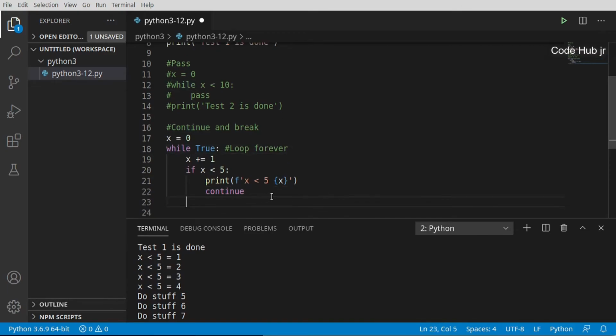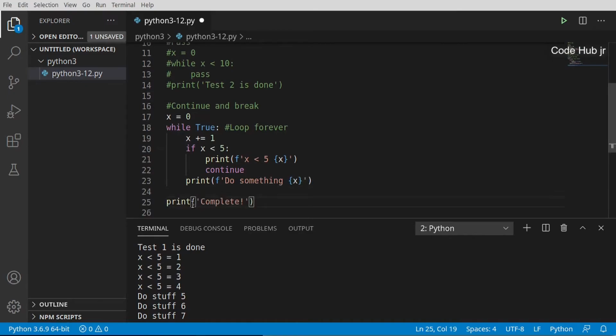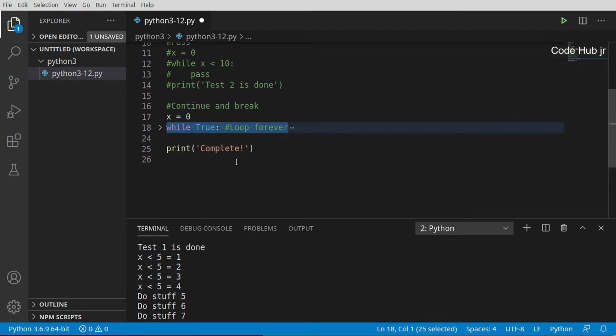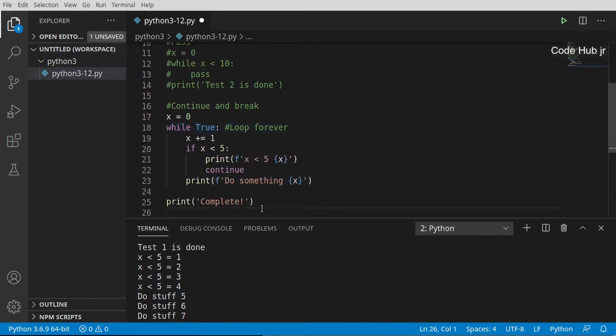And then we're going to add in some sort of logic. So if x was greater than 10, we would do something. Print that x out. And we're going to put a print statement at the very, very end of this. Notice this is on the same line as while, so this will not print out until this loop is complete. One thing I love about VS Code and most editors, you can actually collapse, so it actually looks like this. Once this loop is done, it'll print complete.